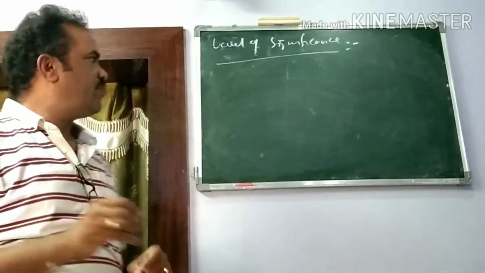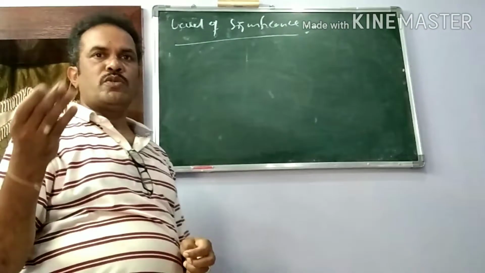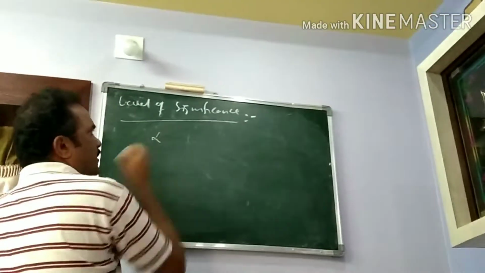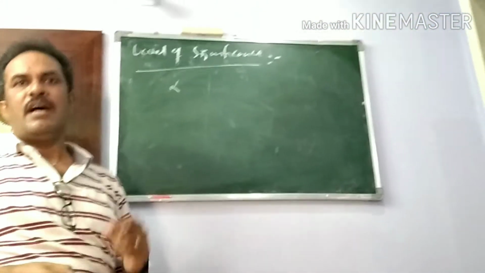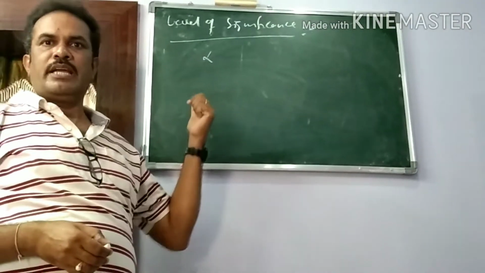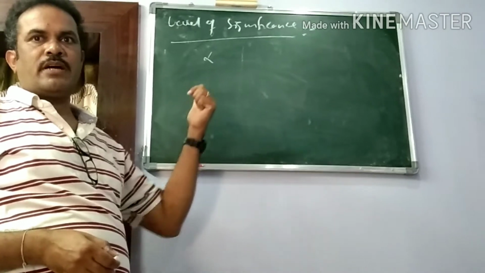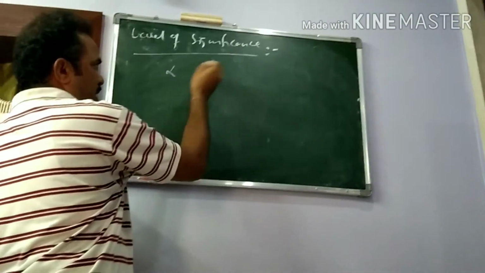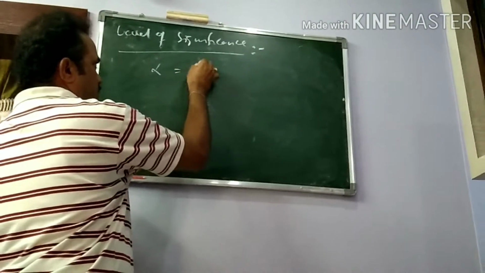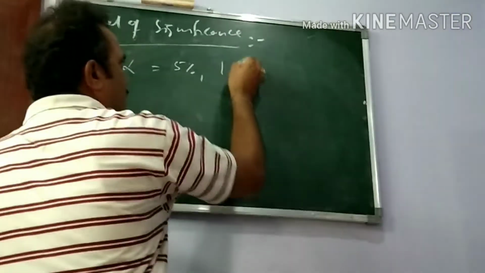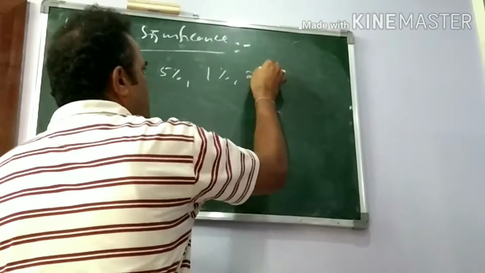The level of significance is also very much required for the conclusion of the testing of hypothesis procedure. Generally, the level of significance is denoted by alpha again. We know that alpha is the size of the type 1 error and the size of the critical region. Here the level of significance is also denoted by alpha. In statistics, alpha is represented by 5%, sometimes 1%, 2% or 10%.